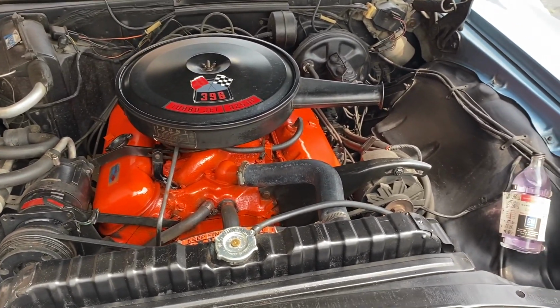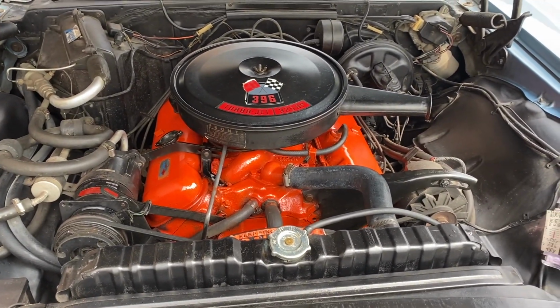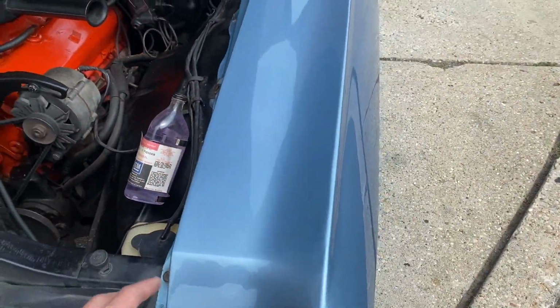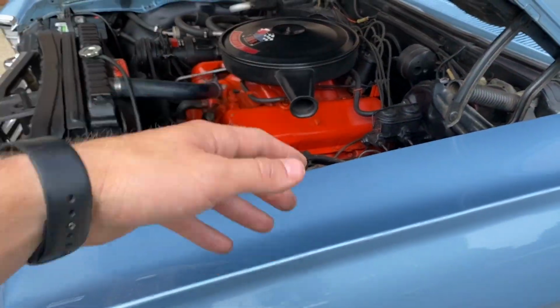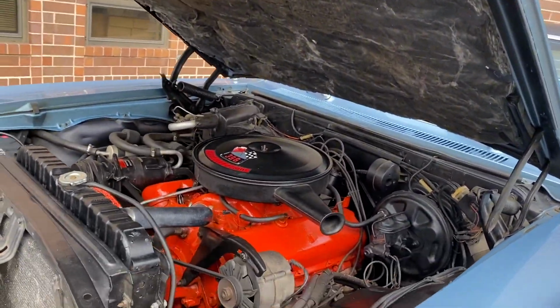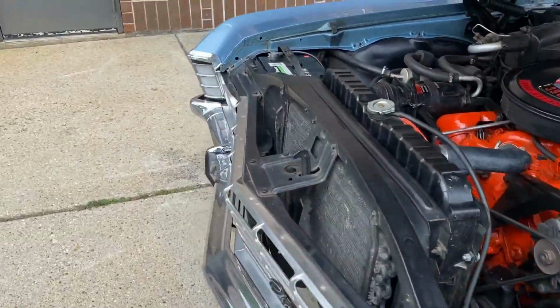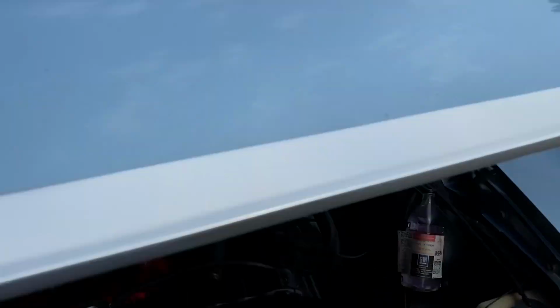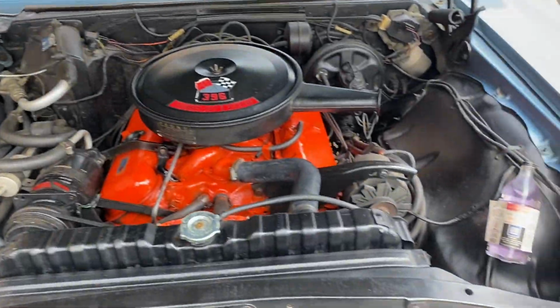Very smooth running, very nicely dialed in. Nice factory windshield glass bottle. So a very original car in the engine compartment section too. And you got the hood insulation on it. Another thing, I just want to show you how easily and effortlessly this opens and closes. Anyway,